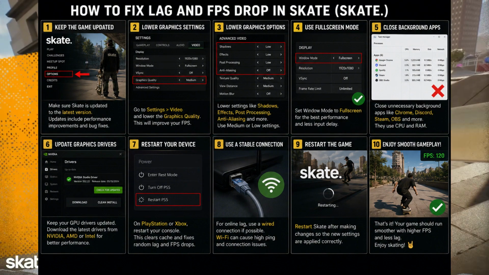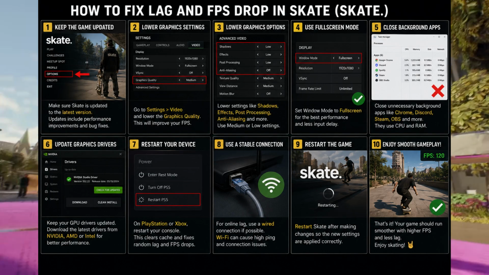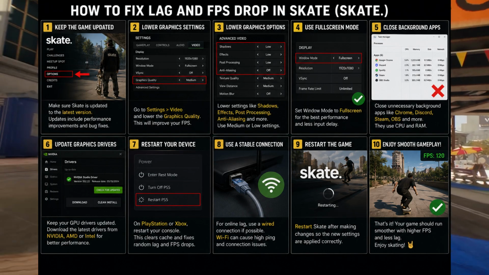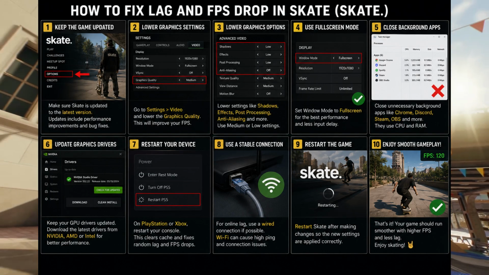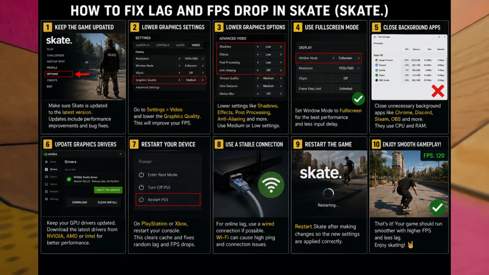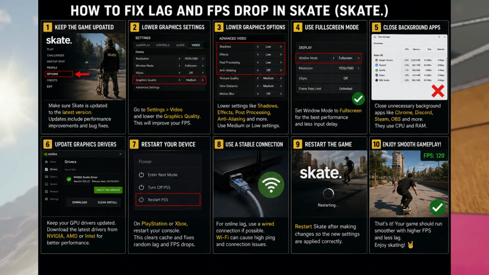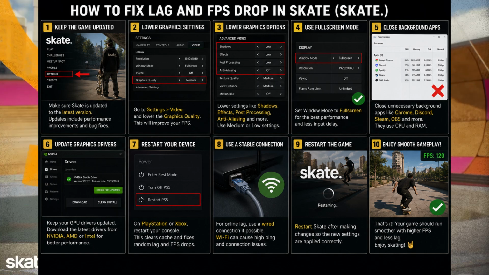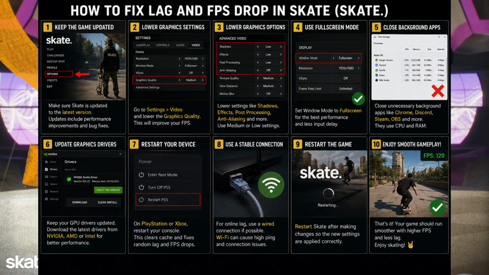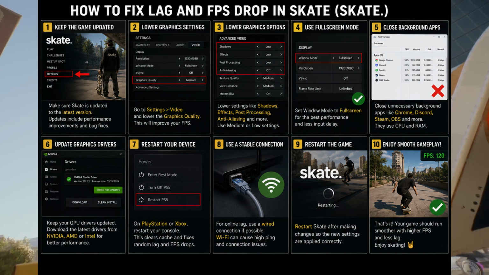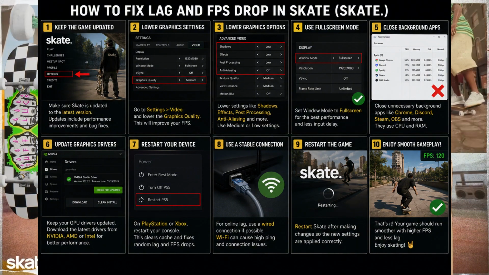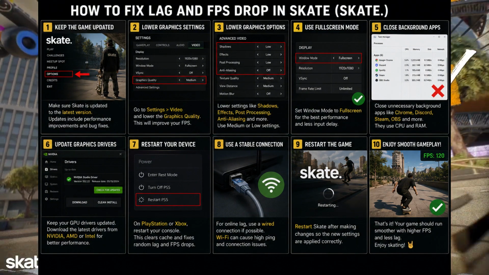So in your settings, make sure that you're lowering your graphic settings, especially options like shadows, effects, anti-aliasing, and post-processing, to the lowest. If you're on a PC, switch to full screen mode for better performance and close any unnecessary background applications before playing. It's also a good idea to update your graphics driver if you're using an NVIDIA, AMD,